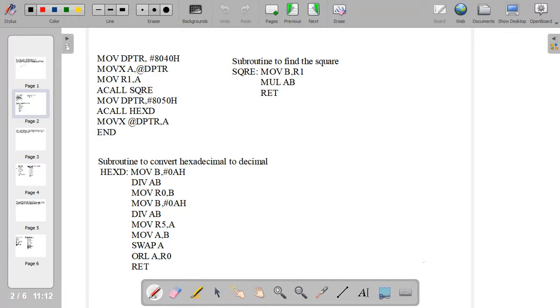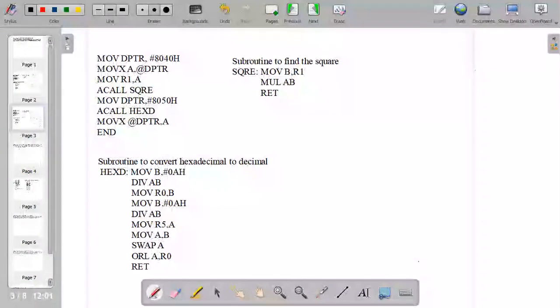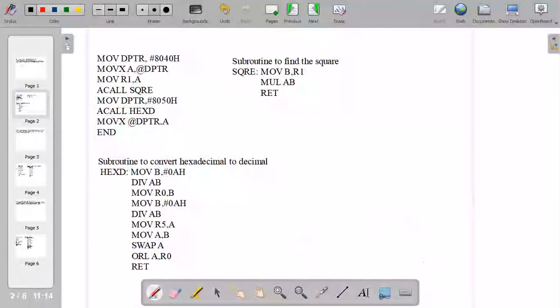Then we perform the OR operation of the accumulator with R0, which has the remainder of the first division. So the accumulator will have the result of A plus R0, and then we return back to the main program. There the content of the accumulator is copied to the memory location pointed to by the data pointer, that is the 8050H location.